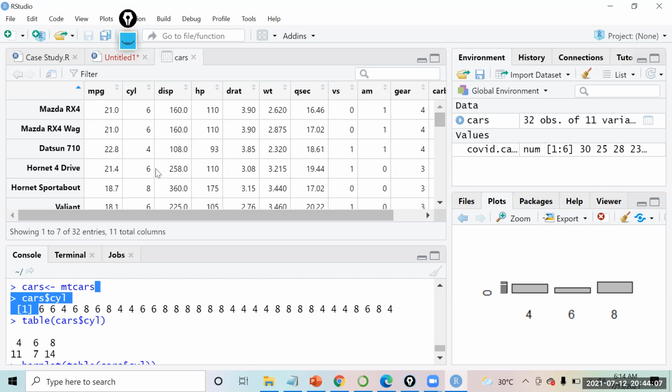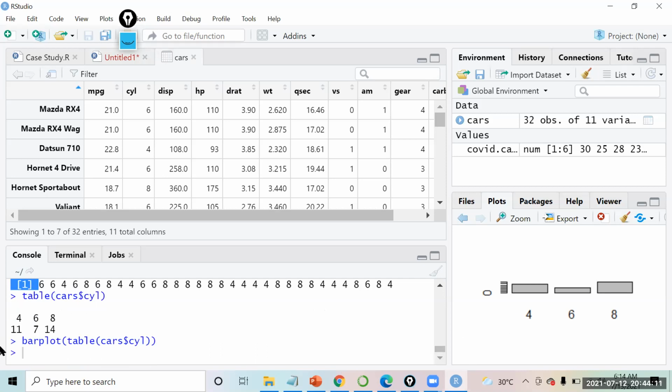Yeah, those things I got it, Amit, this table of cars, because it is giving in the form of a matrix, right? So I thought this 4 data, this count, this 6 data, 7, likewise. The cylinders, yeah? So there are 3 types of cylinders, 4, 6, and 8. So it is saying 4, 11 times it is coming, 6, 7 times it is coming, 8, 14 times it is coming. Again, it's data and its count.